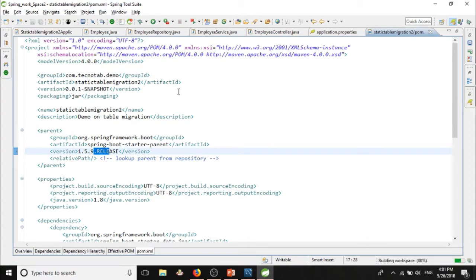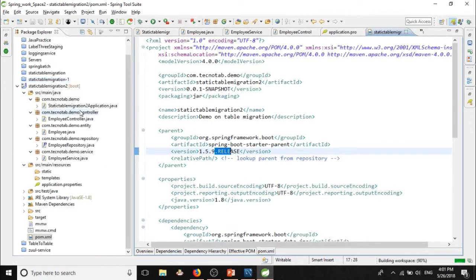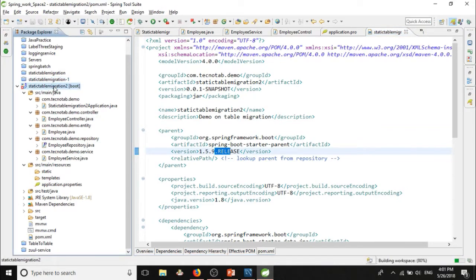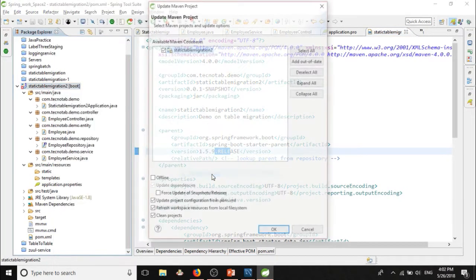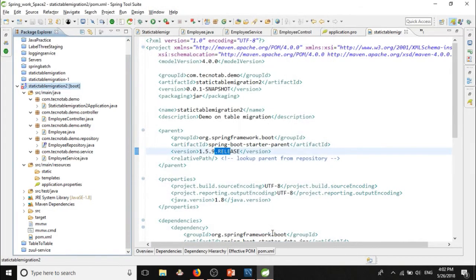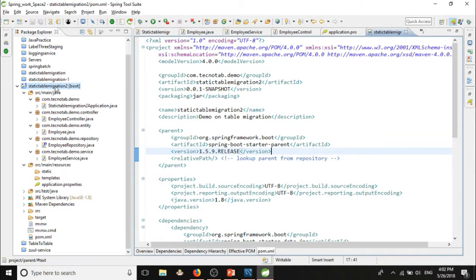Let's save it. Let me update the project once.